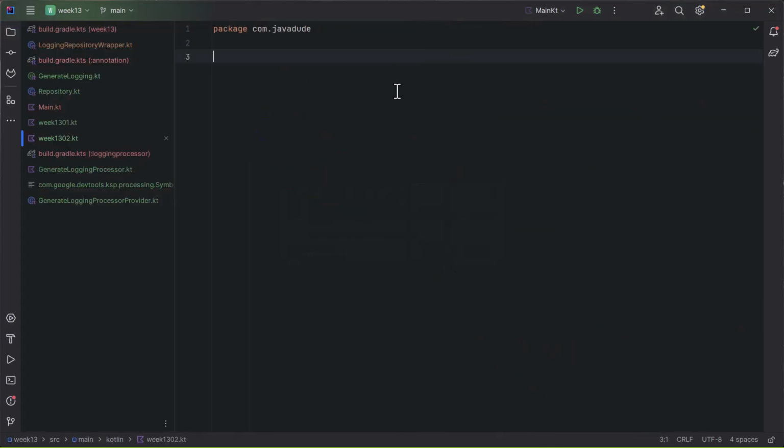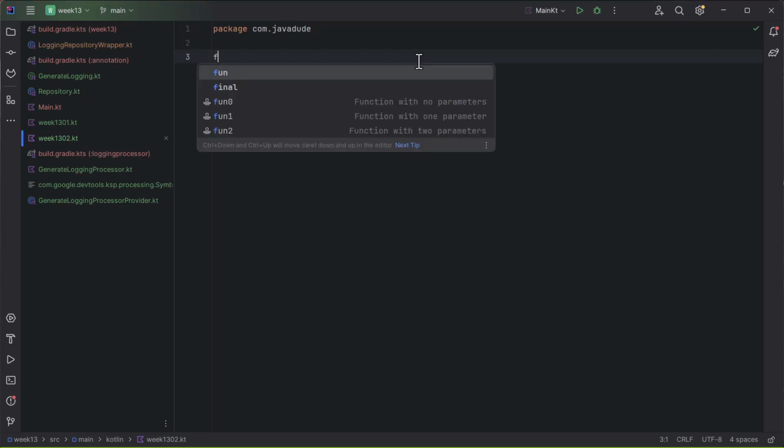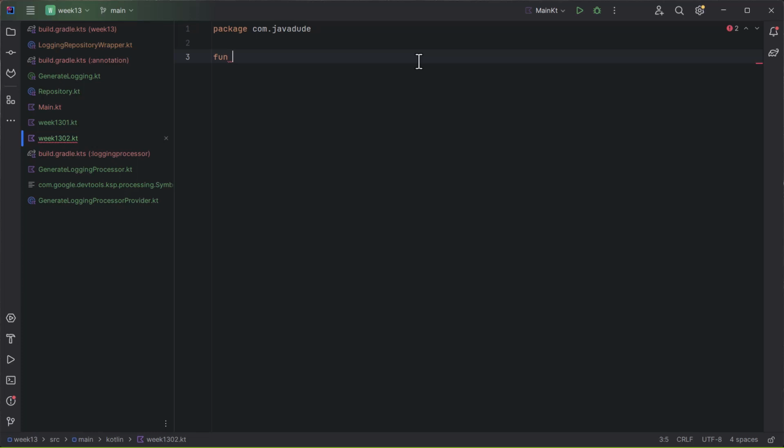So let's say that we have a function that takes a whole bunch of integers or a whole bunch of strings, and we might want to help differentiate those. Instead of them just being strings or ints, we might want to actually give them a real type. So if we had, I don't know, plot line. Well, this isn't what I wanted to do with that. Let's say